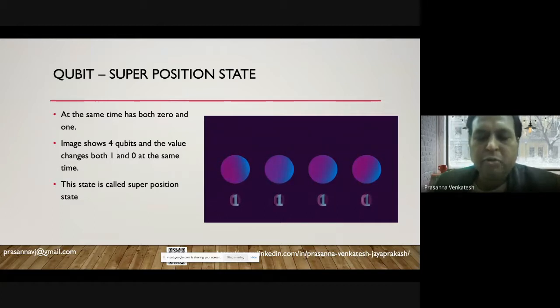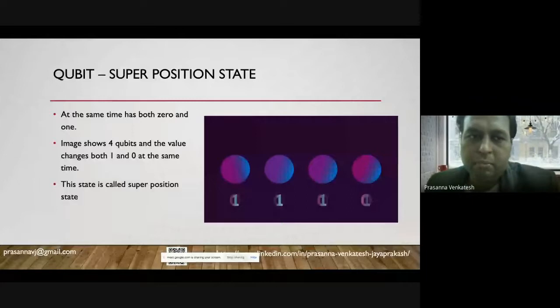So in this case, all the 4 qubits are going to represent zeros and ones at the same time. If you want to do some mathematical calculation using these 4 bits, then all the different calculations with multiple different combinations, say 0001, 0010, 0111, or multiple combinations of these, can be done at the same point in time. That is the basic difference between a quantum bit and a typical bit.